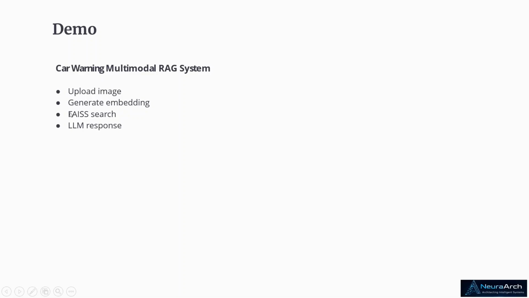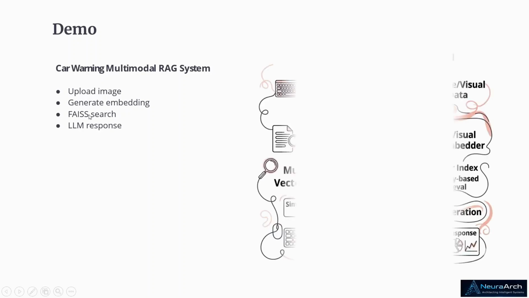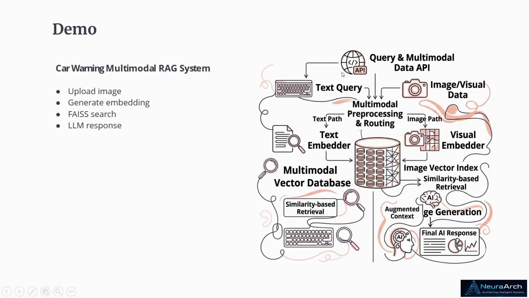Then we will use another image uploaded by the user, and that image is going to search against the vector search and the LLM will generate a response. So typically text we are going to cover